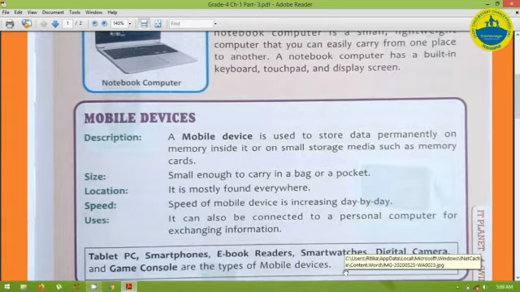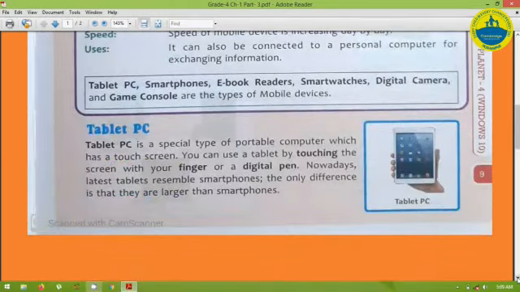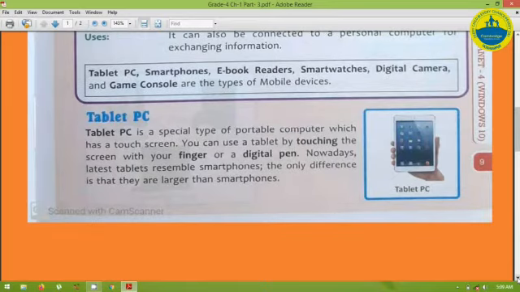Now the examples are tablet PC, smartphones, ebook reader, smartwatches, digital camera, and game console. These are all types of mobile devices. So the very first is tablet PC. I think you people have already seen a tablet PC.